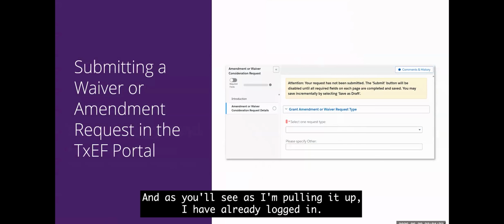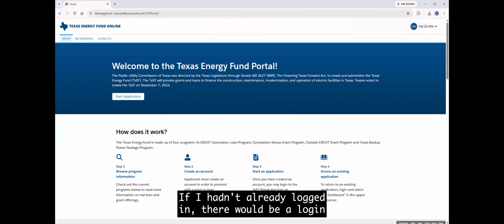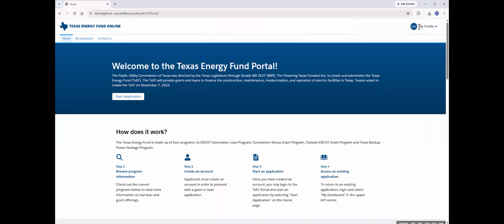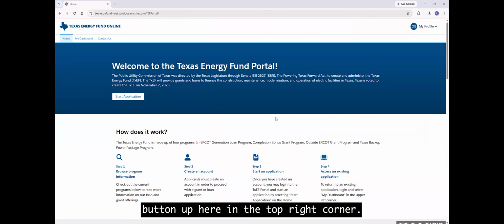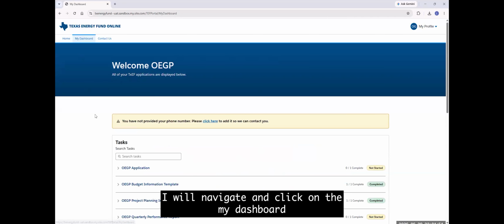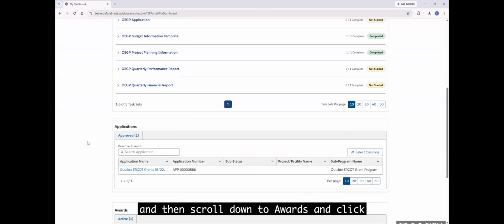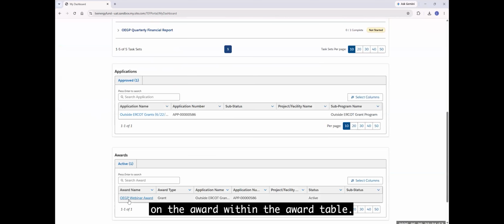And as you'll see as I'm pulling it up, I have already logged in. If I hadn't already logged in, there would be a login button up here in the top right corner where I can enter my email and password information and hit login. After doing that, I will navigate and click on My Dashboard and then scroll down to Awards and click on the award within the award table.